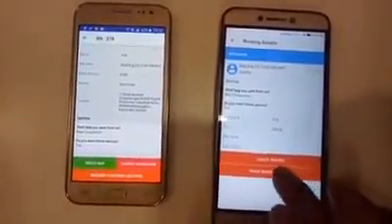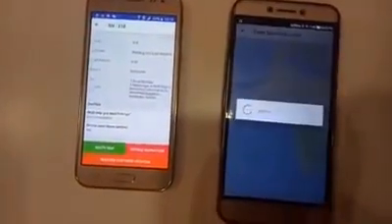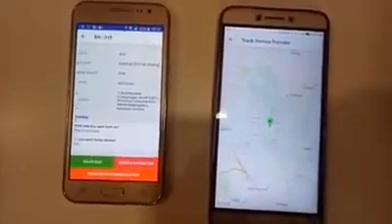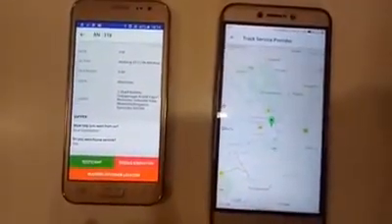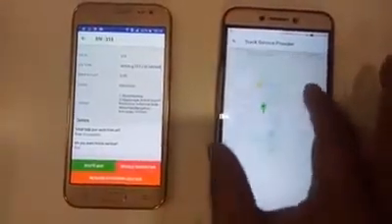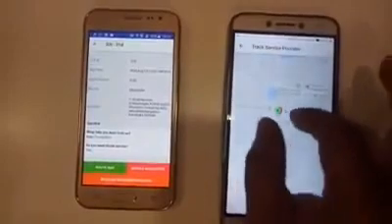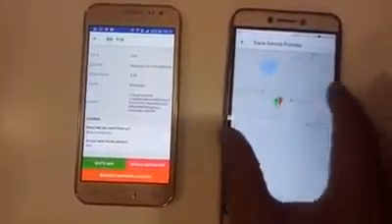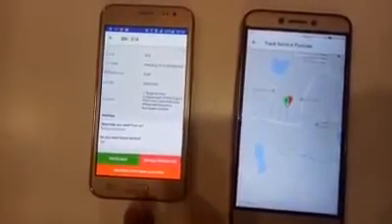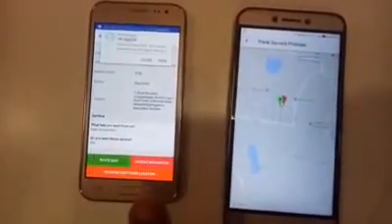Let me show you how a service provider, as you see, the user and the service provider are in the same location. If you just drag that, you get both locations in the same place. Same thing, the service provider can check the route map.